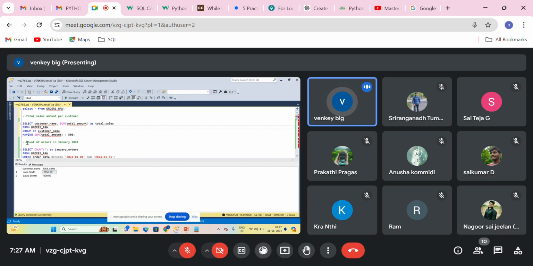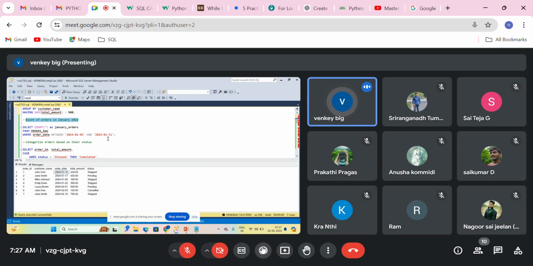Get me the count of orders in January 2024. Here I have data in the orders table, and I have the order date, meaning when this order has come in. So the requirement is to get the count of orders in Jan 2024. Now let's see how we are doing it. So: SELECT COUNT(*) AS january_orders